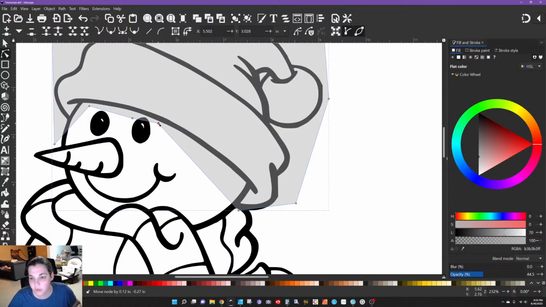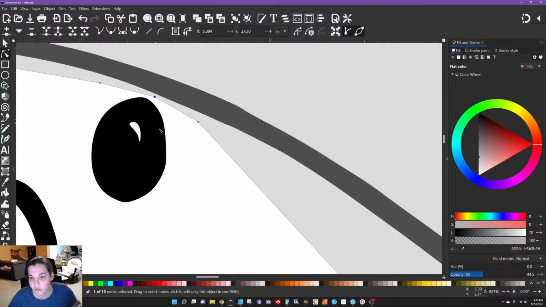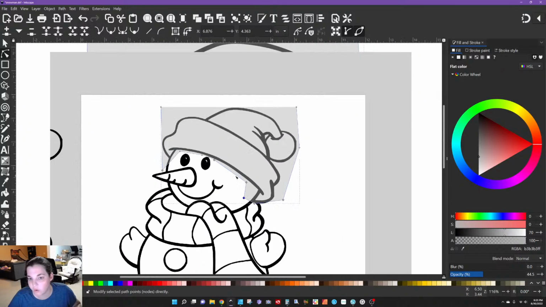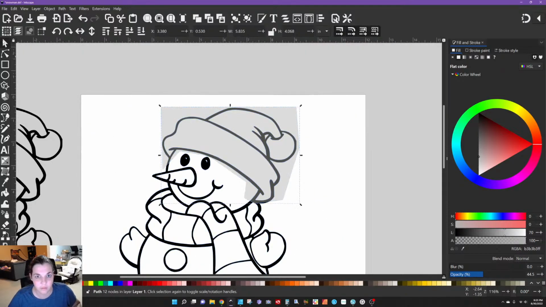Like I said, this can be a little bit painful, but... And I'll add one more node in. Why the heck not? I'm going to make sure I'm not overlapping there. Good. And I'm going to add one here. I'm just going to bring this out so that way we can make sure that's smooth. Okay, now that I have it over the right place,